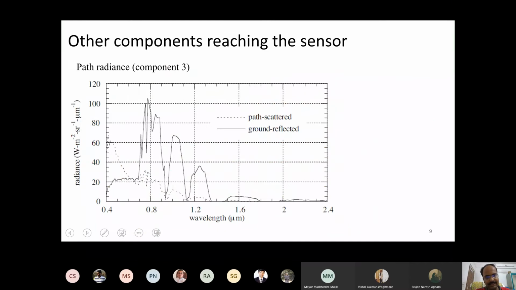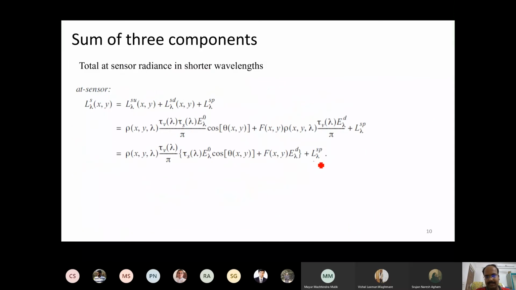And third thing is path radiance. Path radiance also we won't be able to estimate it with our hand. So for the sake of our discussion, just mark it down as path radiance. That's it. So again, we have to use models for estimating this. So the reason why I told you is the total radiance reaching the sensor from the object of our interest